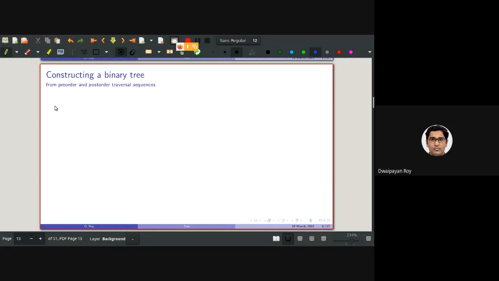So let's consider, say, the pre-order traversal is A, B, D, C, E, and let's consider the post-order traversal as, say, D, B, E, C, A. So can we construct a binary tree?